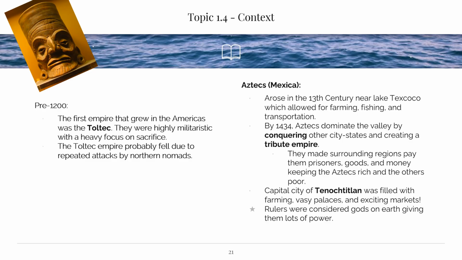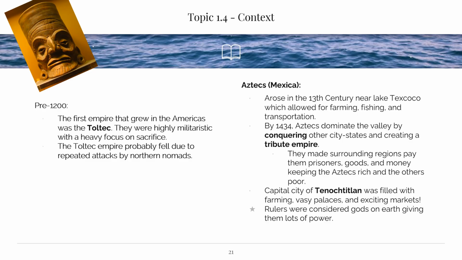The first empire that grew in the Americas was the Toltec. They were highly militaristic and had a heavy focus on sacrifice. It's believed that the Toltec probably fell due to repeated attacks by the northern nomadic groups. For Mexica, again, that new buzzword, this was primarily the Aztec. They arose in the 13th century, so the 1200s, near Lake Texcoco, which allowed for farming, fishing, and transportation. By 1434, the Aztec were dominant in the valley because they were able to successfully conquer other city states,